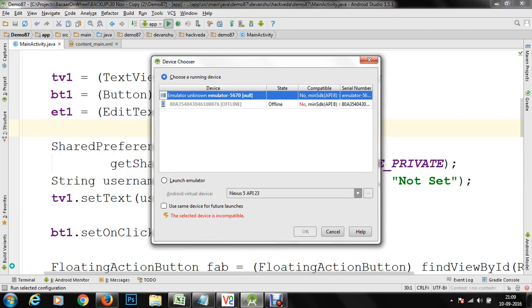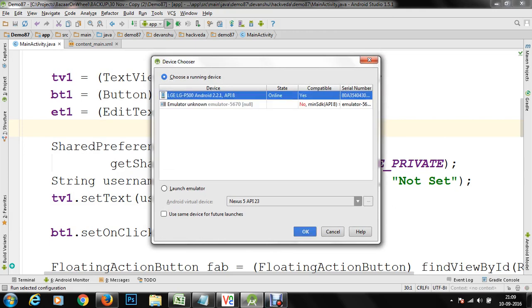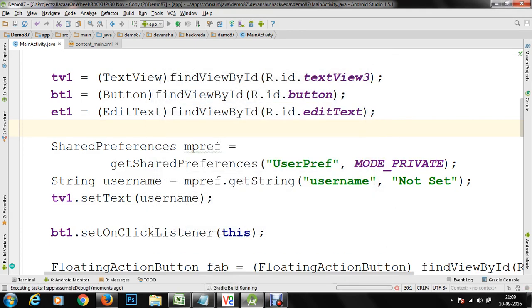I'm going to connect my device again. Click on OK. The Gradle build is running at the moment.